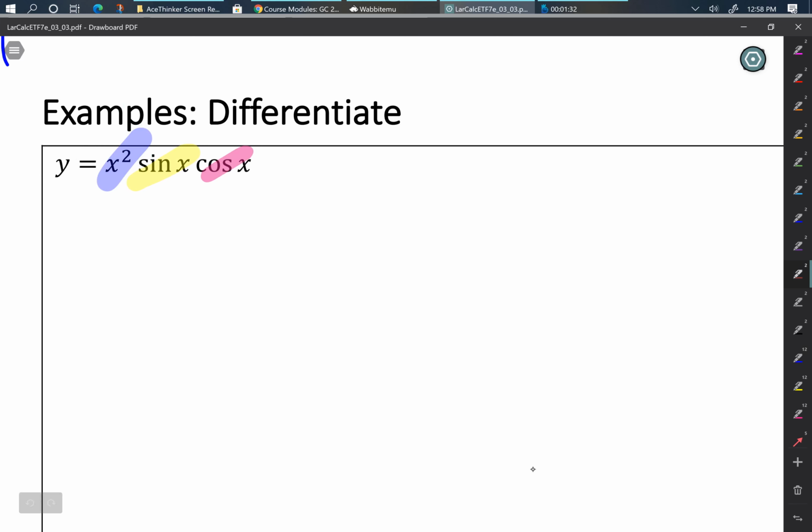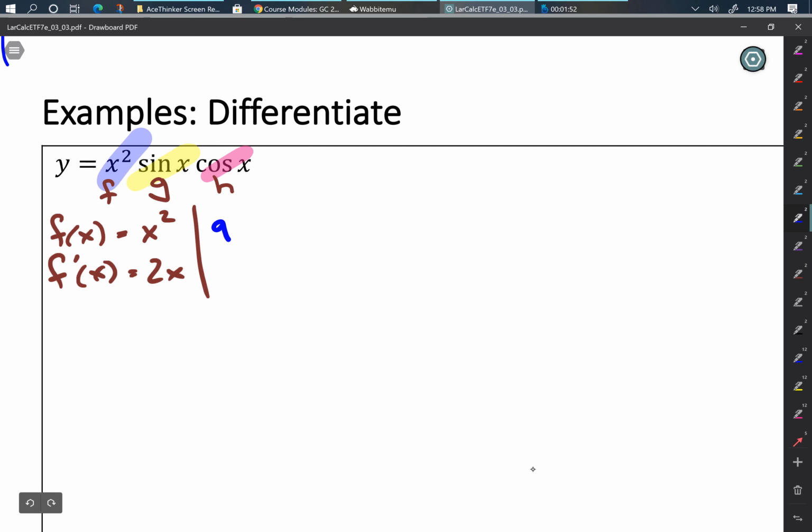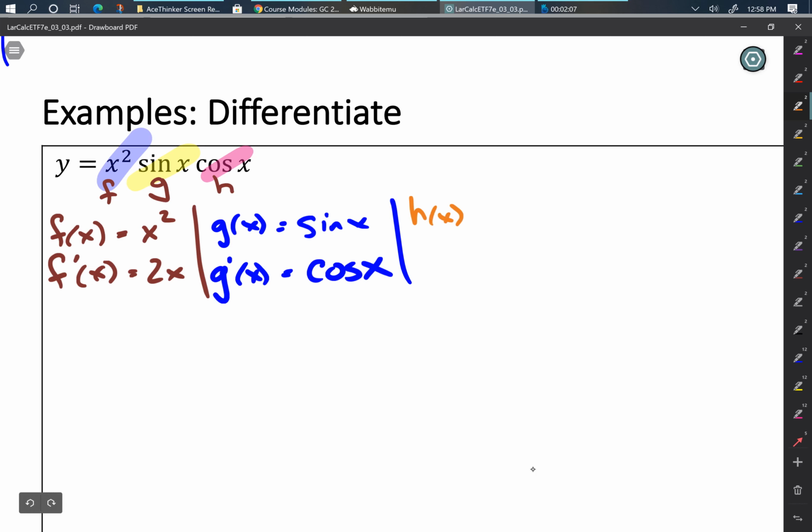There's an x squared. There is a sine x, and there is a cosine x. All right? So if we think of this one as the f, and this one as the g, and this one as the h, then f of x is x squared. F prime then would be 2x. G of x, sine x, g prime of x, here sine is cosine. H of x is cosine x, then h prime of x would be